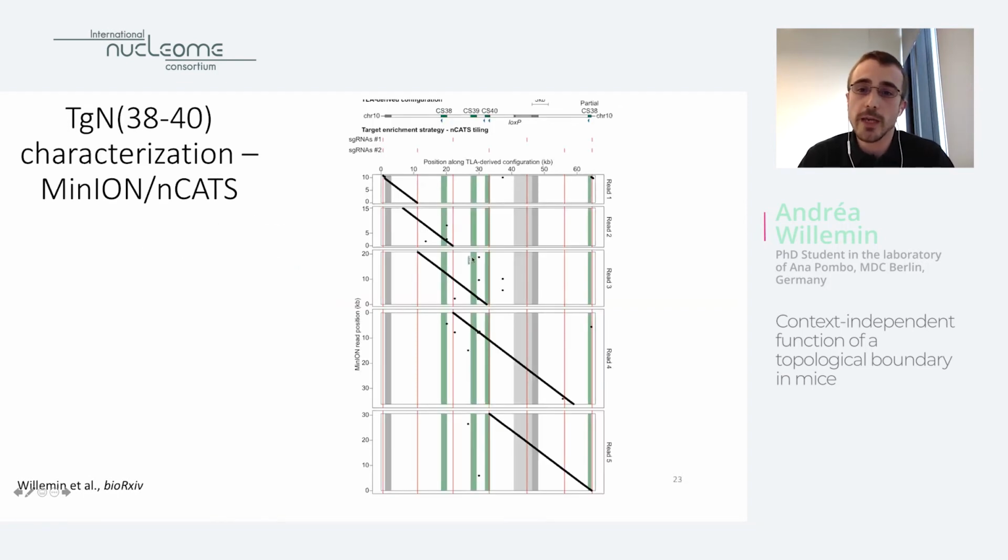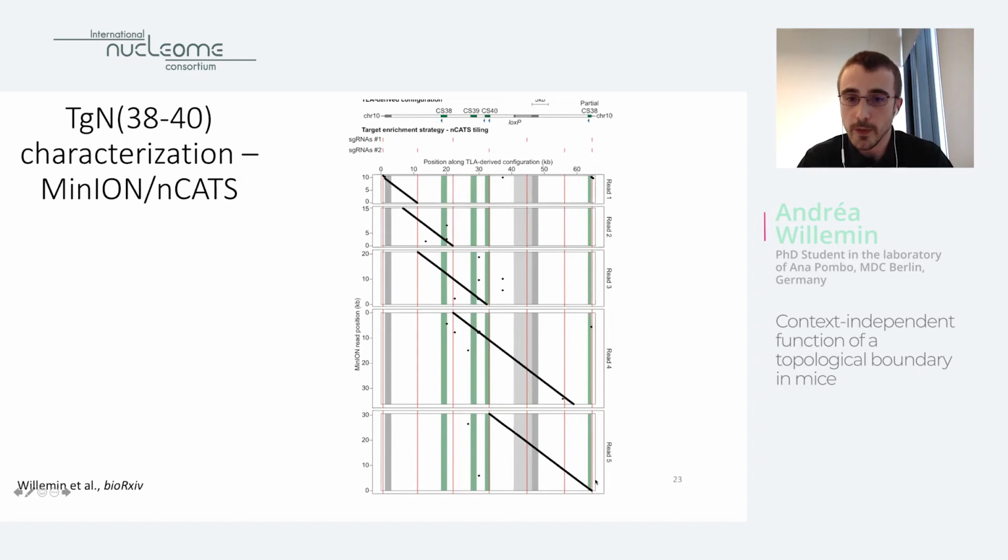So this is how the MinION output looks like in the form of a dot plot. On this, each of the dots represent a 20 base pair match between the reads and the reference, which is the assumed mutant configuration shown on the top. Now, in horizontal, you have the position along this configuration, and in vertical, the position along each MinION read. As you can see, with only 5 reads, we could map the entire integration from one end